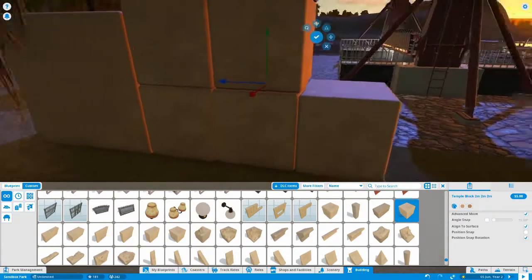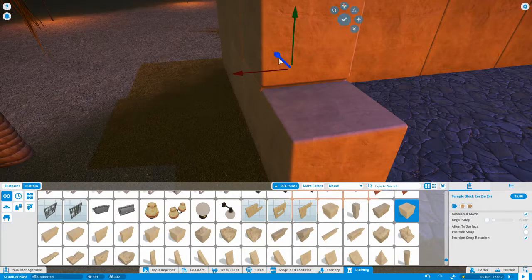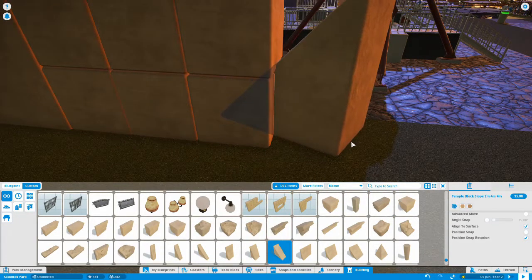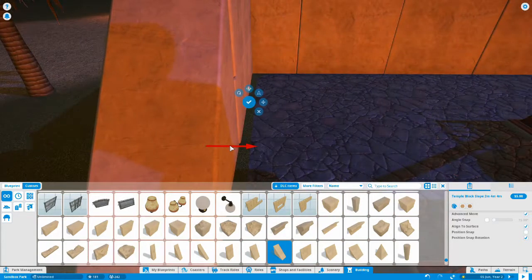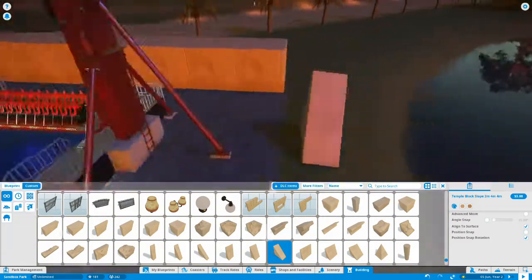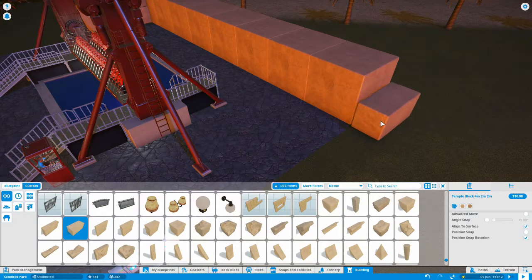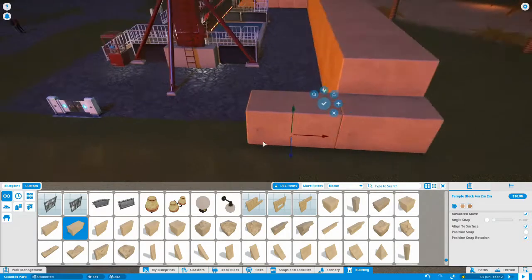So here we go, some more blocks going in. Now, to be able to do this, you need to hit Escape, go to the game settings, and then disable Scenery Collision. This will then allow you to place scenery items actually on the ride itself without telling you no, you can't do that. So here we go, we're using again a different size block, and we're putting in the sidewall,